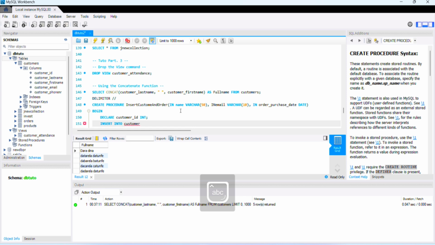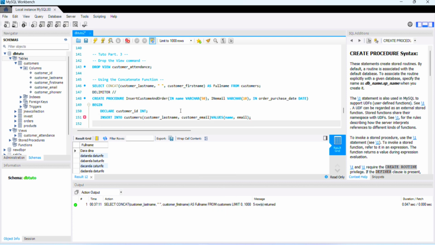INSERT INTO customers, customer last name, and customer email, and we want VALUES, get name, email, and here we want to SET customer ID equal LAST_INSERT_ID,